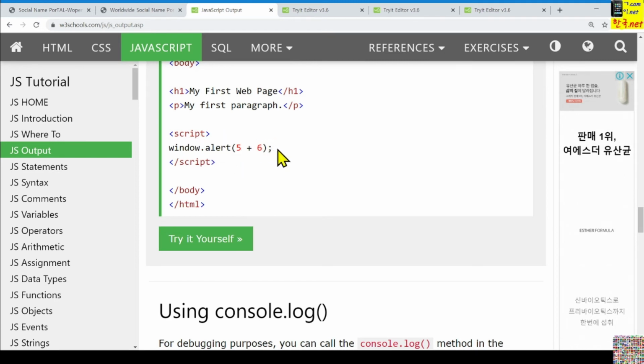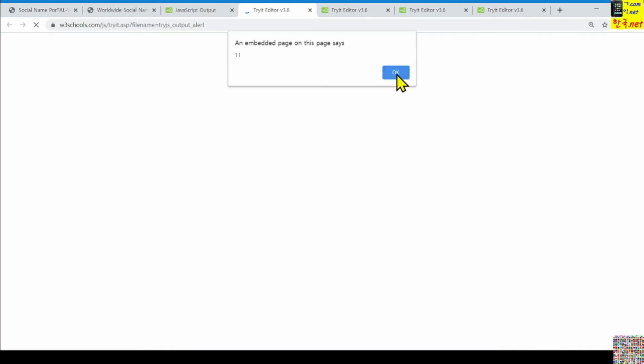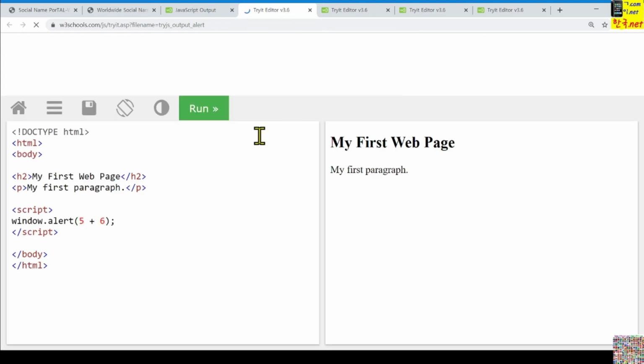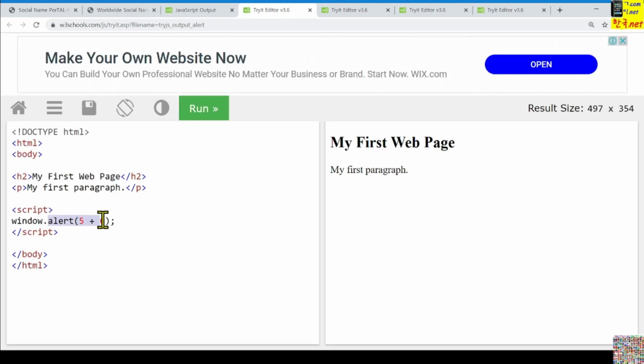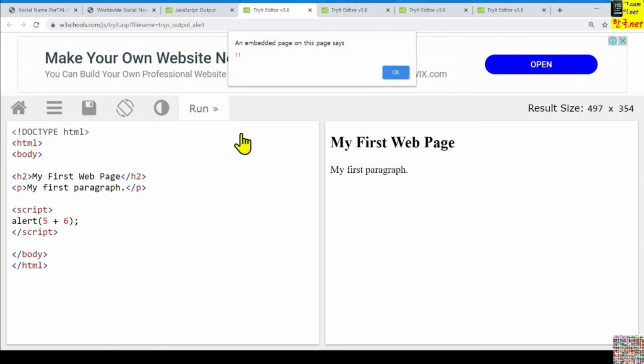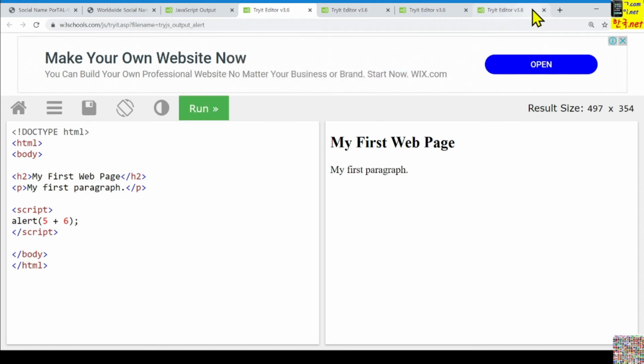This is a JavaScript statement, and we can see the result. This alert is a function method for that. And if we remove this, if that is the window object, then we can remove that. Only for the window object we can do that. We can get the same result, even though we remove the window object.